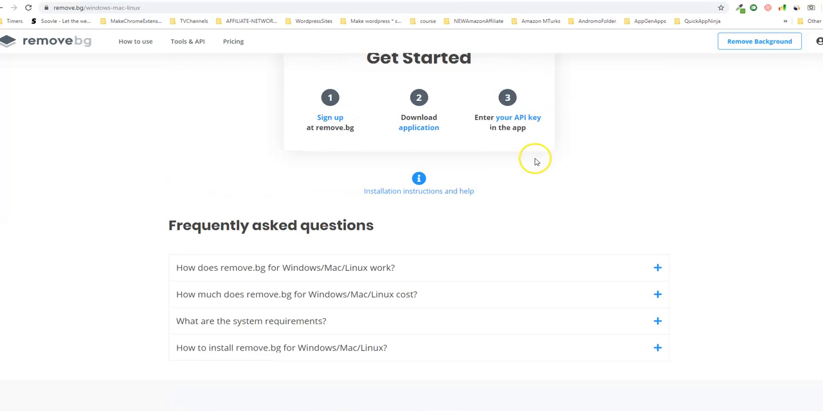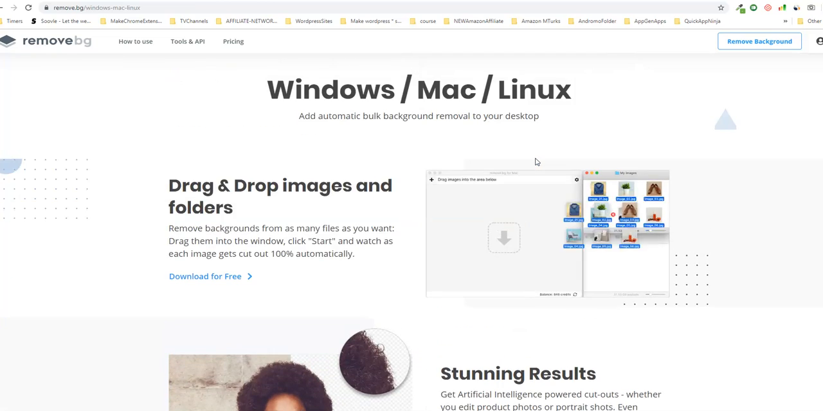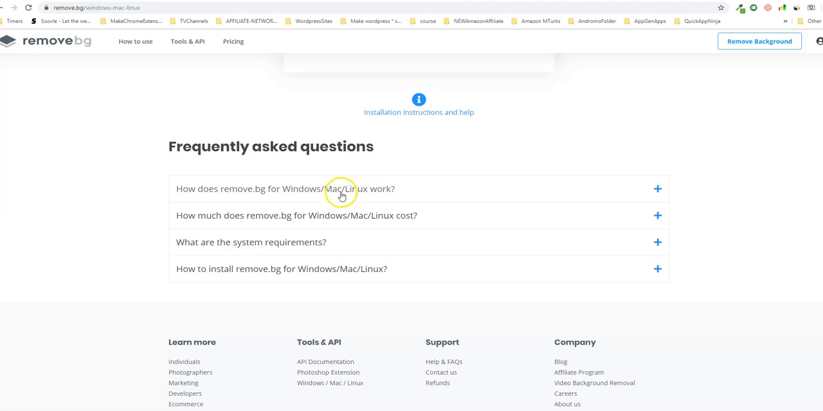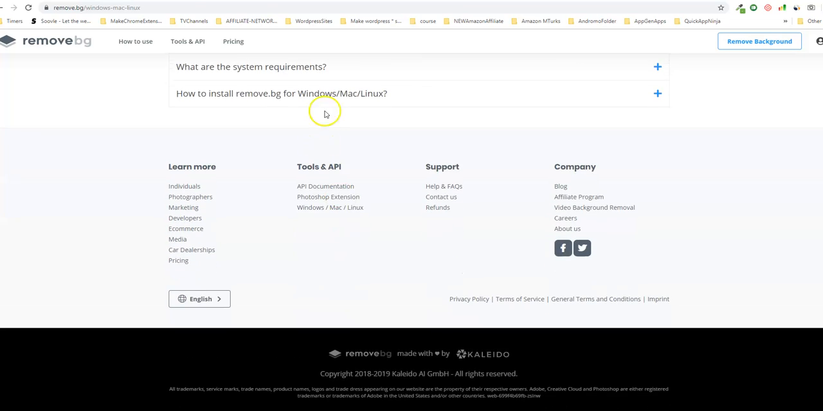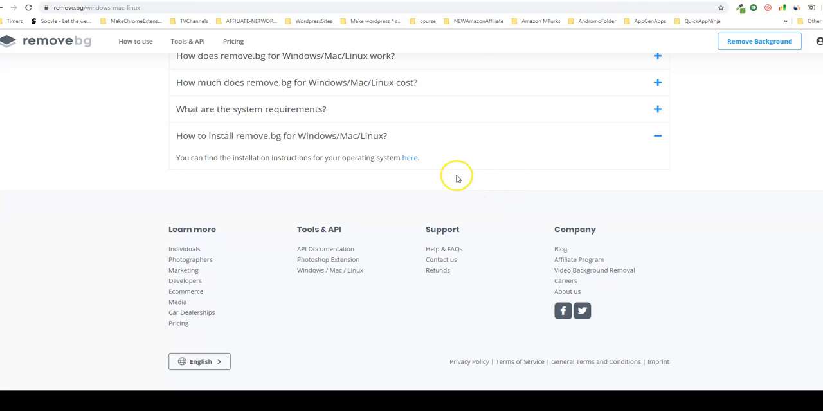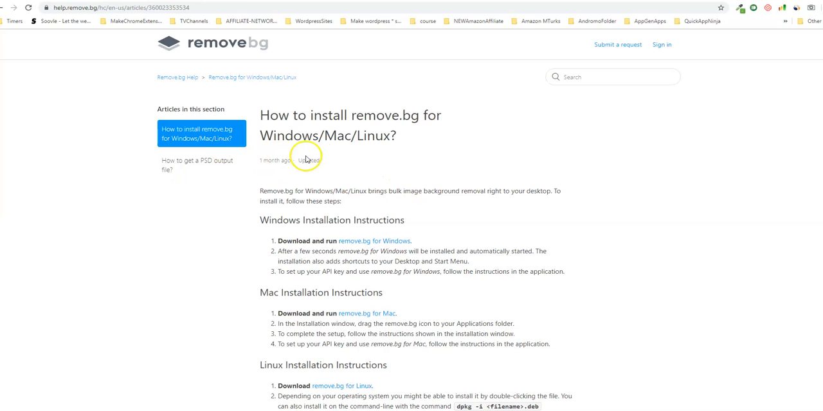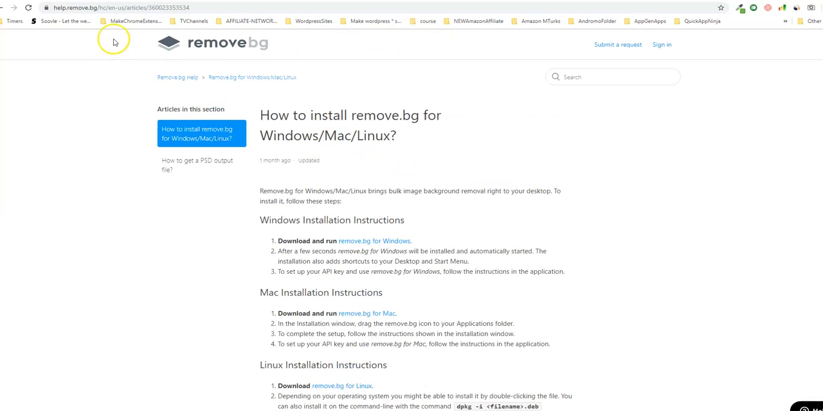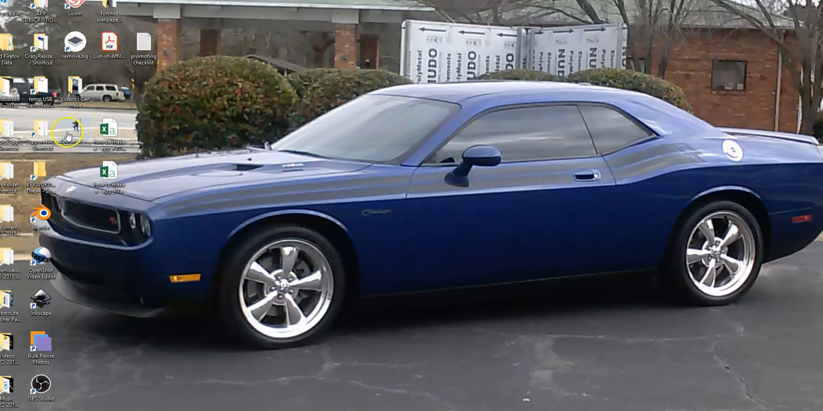I already have it installed on my computer, so I'm not going to do it again. But if you want to do it for your Windows computer, just click that, download and run. Okay, but anyway, once you get it installed on your computer, it's going to look like this. This will be the icon right here. Okay, and what you do, just go ahead and click it,